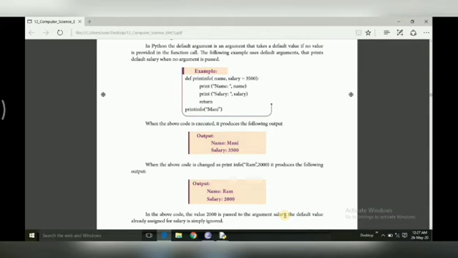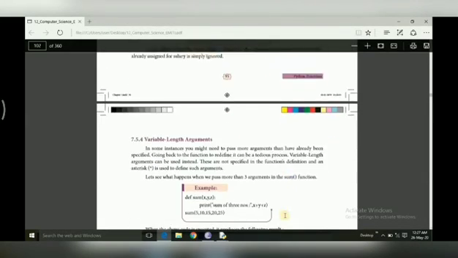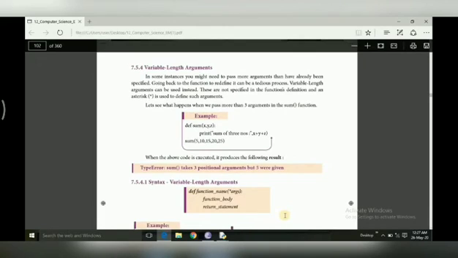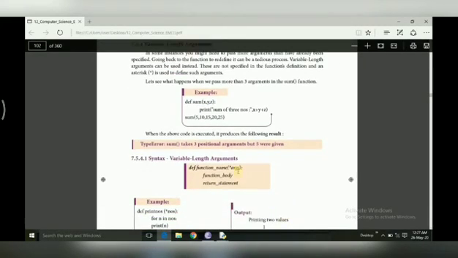Instead, it will take 2000 as the salary. So understand that a default argument is an argument that takes a value if no value is provided in the function call.